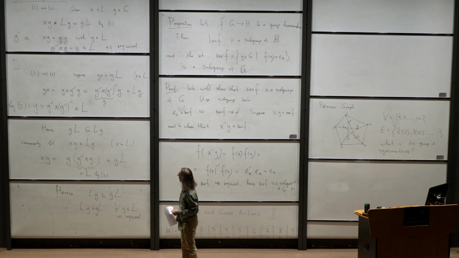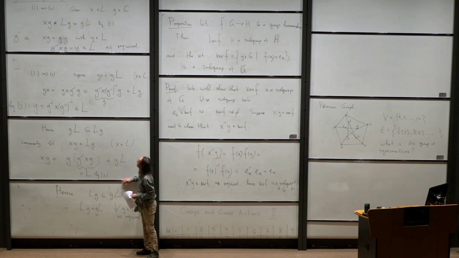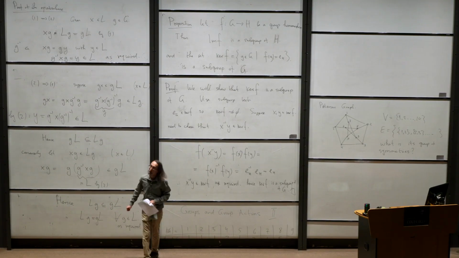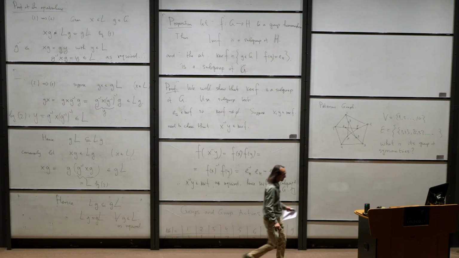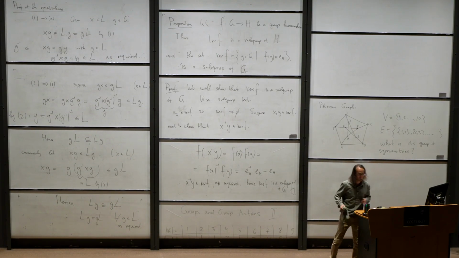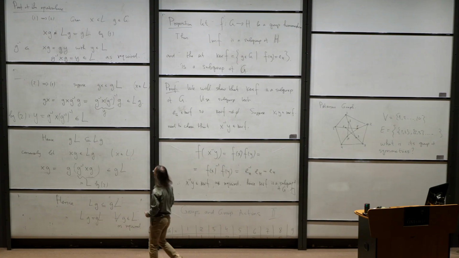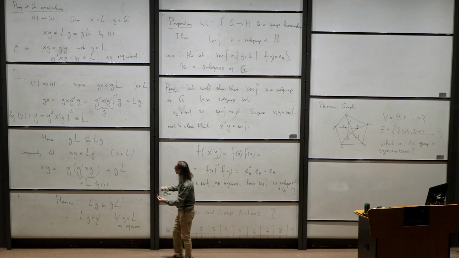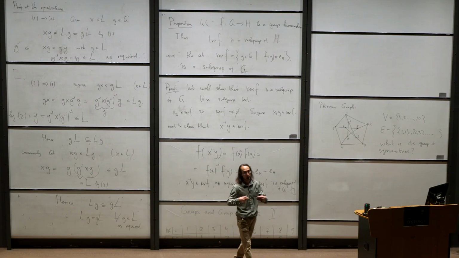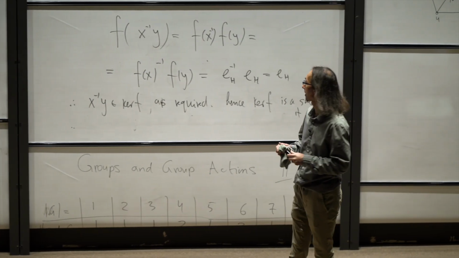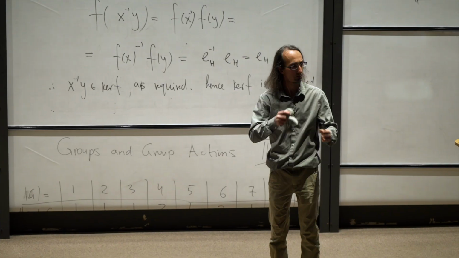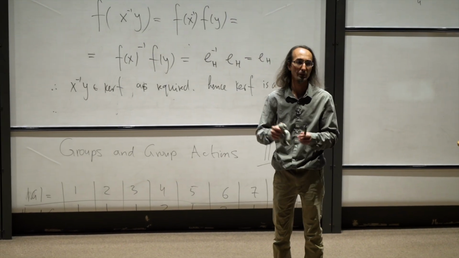Okay, so you can think of either that a normal subgroup has the property that the left cosets coincide with the right cosets, or sometimes it's more useful to think of it as a union of conjugacy classes. Okay, I'm going to give more specific examples about normal subgroups in the next lecture,